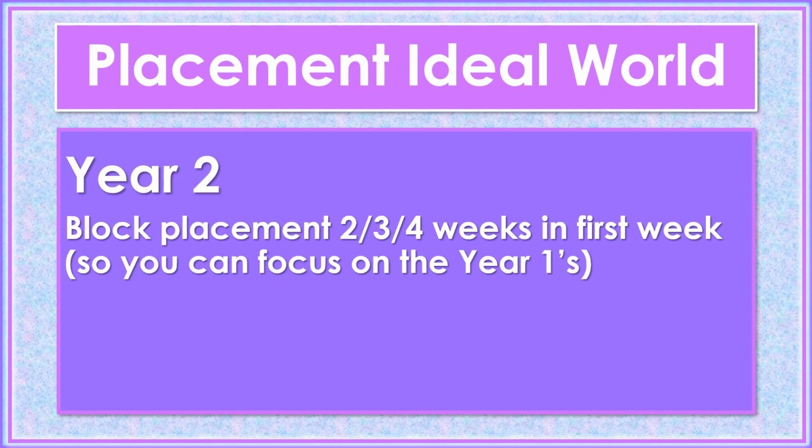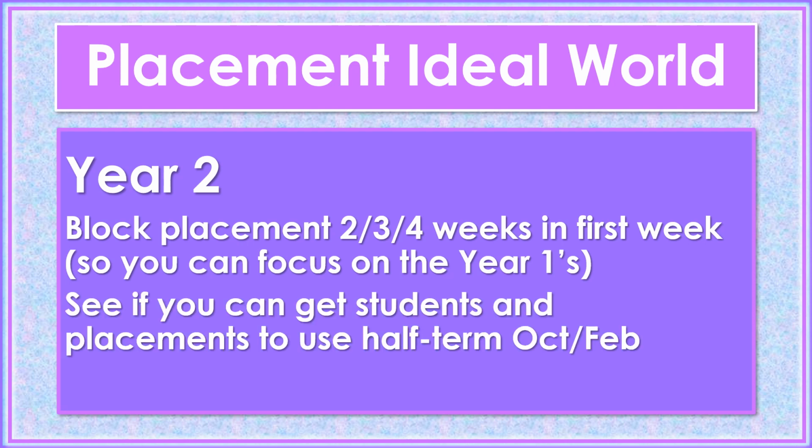So you want to get placements all sorted by mid-March at the absolute latest, and they have got quite a few hours to clock up. So a block placement would be fab, and remember, you can only have 2 placements in the course of the year. See if you can get students out on placements to use their half term in October or February to clock up those hours. Now, you get students that are really willing and keen to do that, not sure what